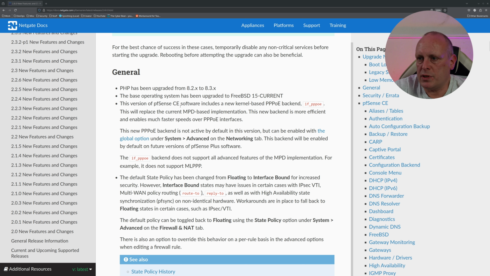This version of pfSense CE software includes a new kernel-based PPPoE backend, if_pppoe. That's due to the issues with PPPoE connections, especially prominent here in the UK, running single-threaded under FreeBSD, which causes limitations on your download speed and things like that. So that has been addressed in the latest version of FreeBSD